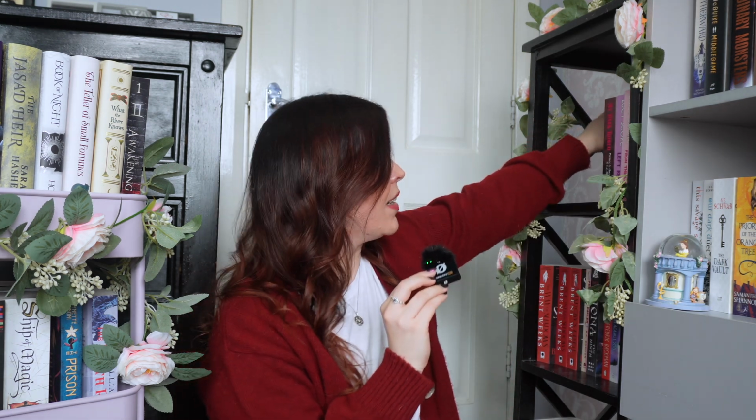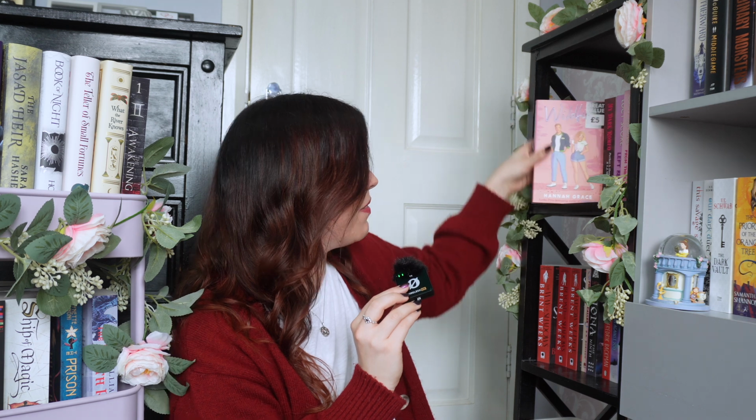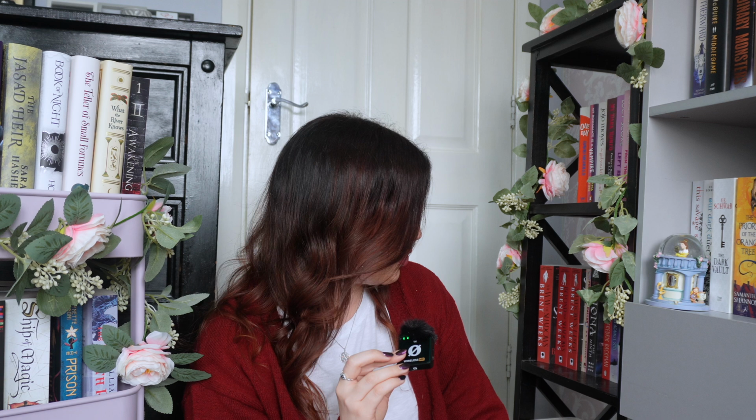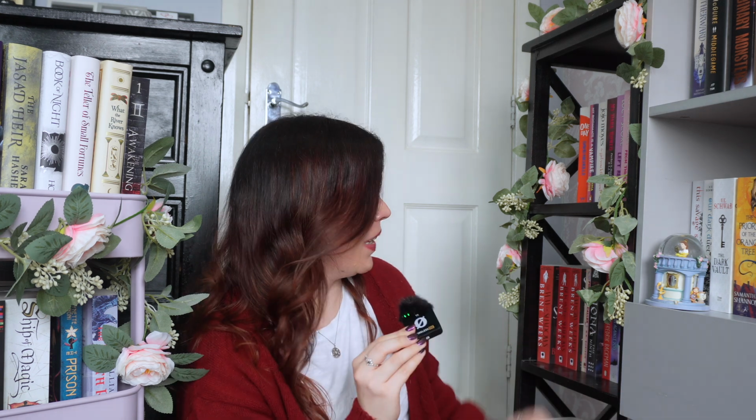Then in the back of that shelf I do have a few more romances, so I've got Icebreaker and Wildfire by Hannah Grace, and then last up for the unread on that shelf I've got Next to You and Next of Kin by Hannah Bonham-Young. The next shelf is just a bit of a mix of everything. There's been quite a bit of overspill over the past few months, as you can imagine, and I've just started putting things in any shelf, so there's no real rhyme or reason to some of these books being here, but